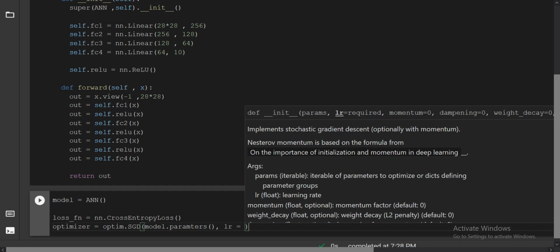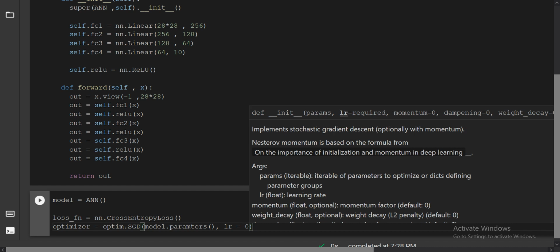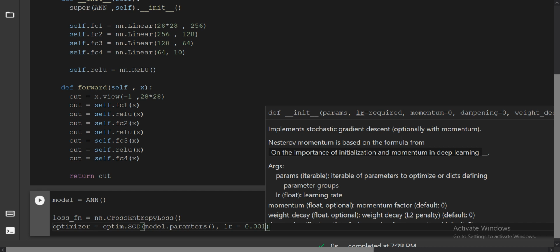The learning rate is how big a step the model will take to learn. Here you can pass 0.001 or 0.01, it depends upon you and how you want the model to learn. You can't pass too small a learning rate, or too high a learning rate. Whenever you pass a learning rate that is too high, there will be a problem of overshooting, because it will not reach the local minima.